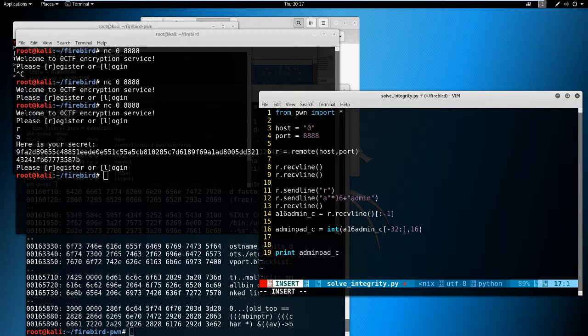And we XOR, let's call this the intermediate string, XOR 16A. So you need to do 16A and